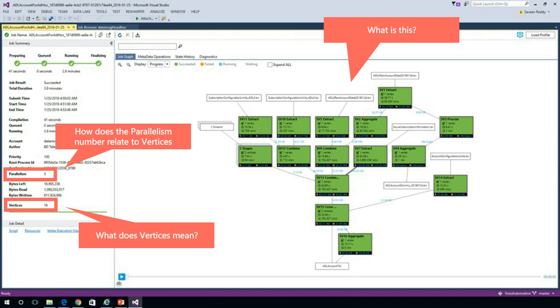And what Azure ADLA has done is create 19 vertices by looking at the query, the number of files the user has submitted, and the multiple transformations in the query. We'll also look at how Azure ADLA creates vertices based on the various parameters that we just talked about.